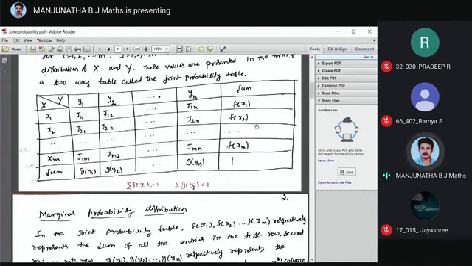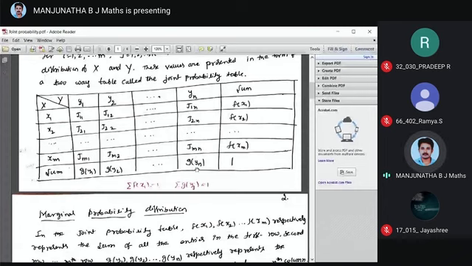The sum of the row entries J11 plus J12 plus etc. J1n is called f of x1. J21 plus J22 plus etc. up to J2n is f of x2. The sum of the row entries is your f of xi. The sum of the column entries, that is J11, J21, etc. Jm1, is g of y1. Similarly J12 plus J22 etc. Jm2 is g of y2. Similarly J1n, J2n, etc. plus Jmn is denoted by g of yn.